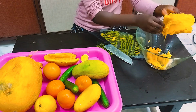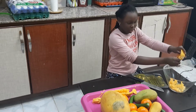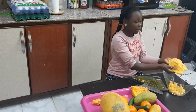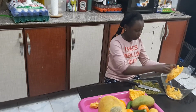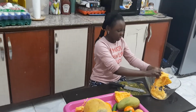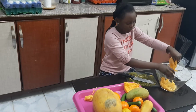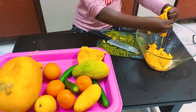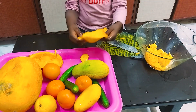I feel bad for this mango because it's all mushy. And the excess that is stuck on the skin, we won't throw that away. We'll probably eat it, because it's not good to waste food at all in any circumstance. I hope the next one will come out great, because this one definitely did not. It came out horrible. Look at how mushy it is. Well, let's keep it there, and now,